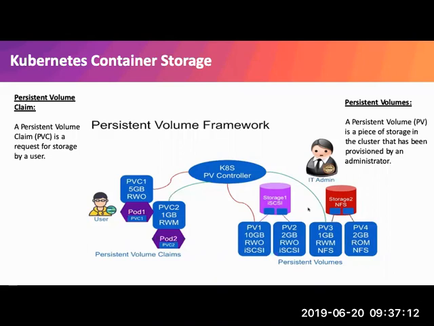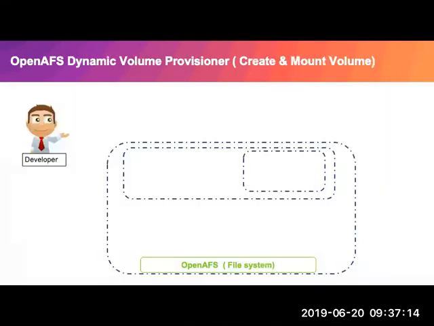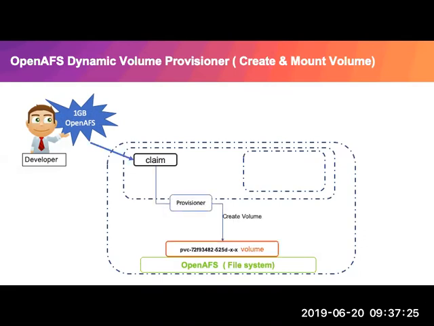So let's try to understand that with OpenAFS. There is a developer. He asks for 1 GB of OpenAFS storage. He creates a claim for that. Then this claim goes to the provisioner. The provisioner will finally do a create volume. It will actually create a volume dynamically, which might be some volume of the OpenAFS file system on the OpenAFS storage. And then this volume gets bound to the claim. Now the user wants to use the claim in his